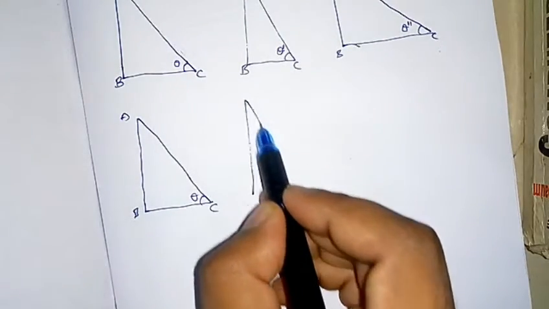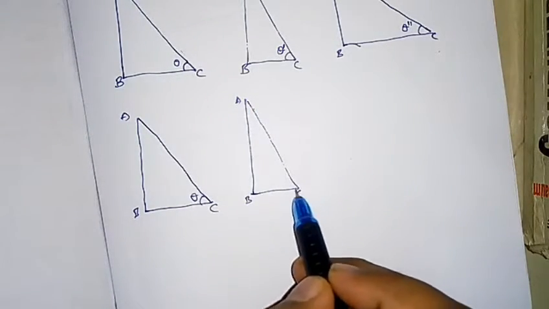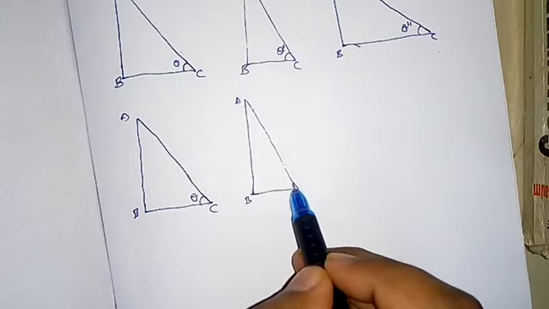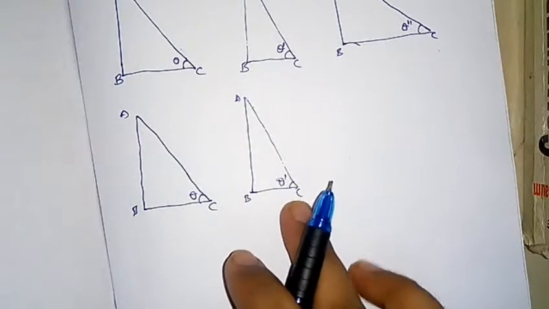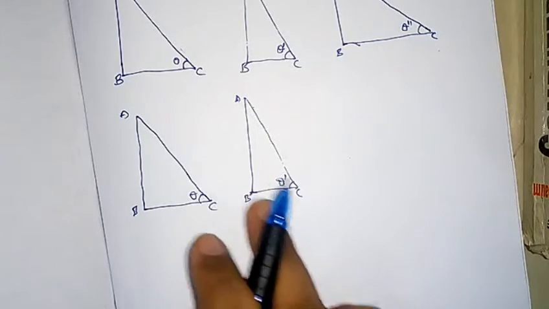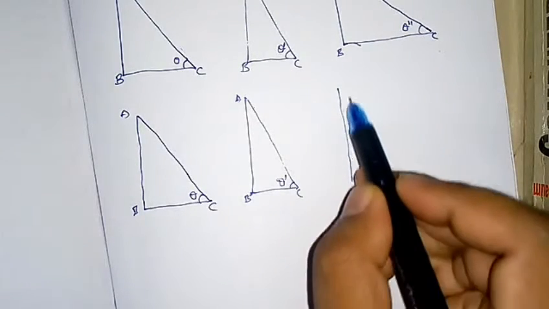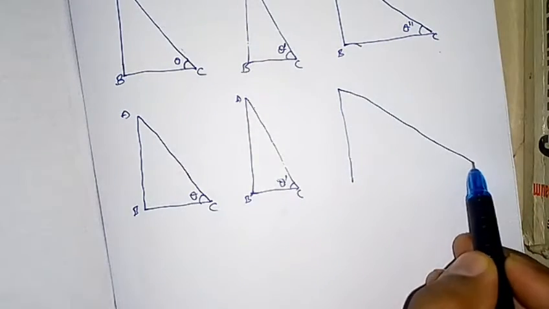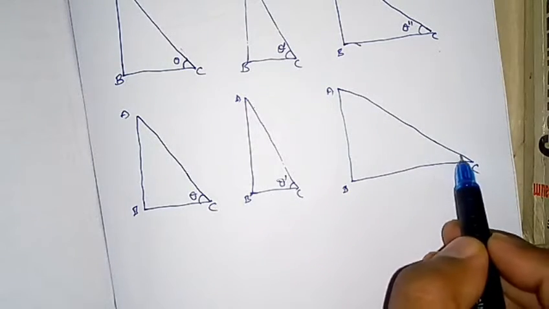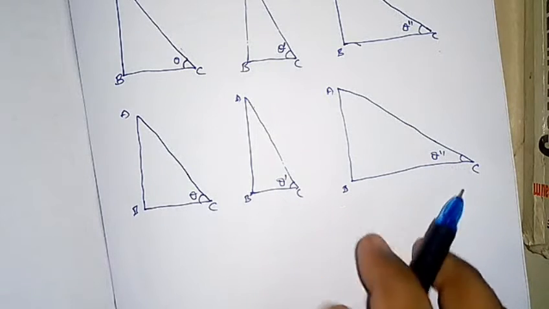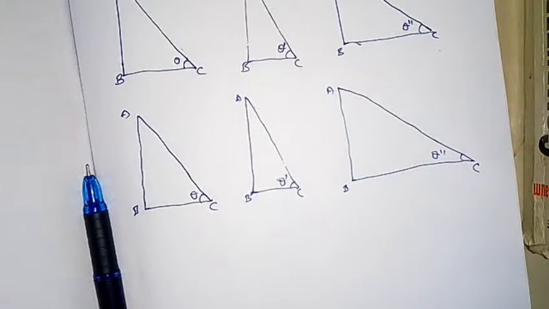If he moves the ladder towards the wall to paint the top position, this angle theta changes to theta prime. So when you are moving the ladder towards the wall, this angle is increasing. And if you want to paint the lower positions, he has to move the ladder away from the wall, theta double prime. So this angle decreases if he moves C away from B.